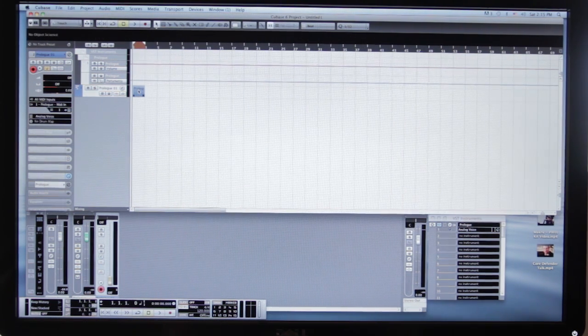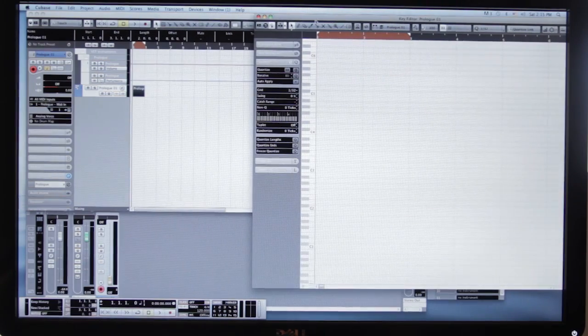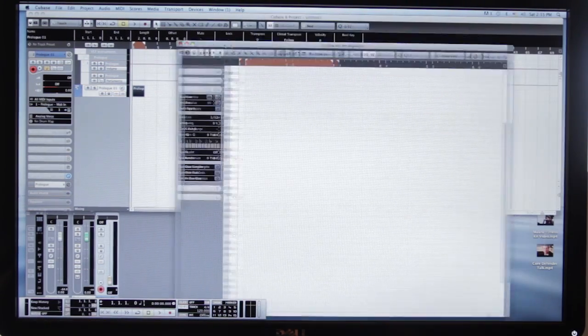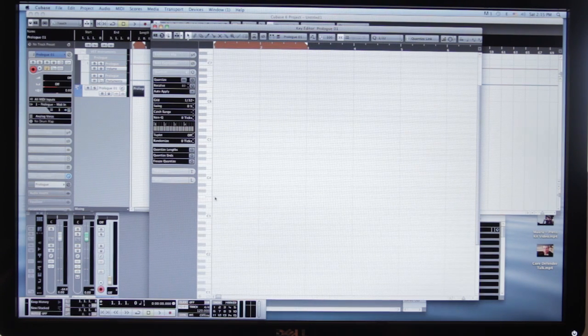You can add some tracks here. And what this essentially does is when you create one of these virtual instrument channels, these MIDI channels, you're going to open up this area right here, and you can see all the keys here. And as I click my mouse through all of them, it plays each key corresponding to each note. So this piano roll is basically where you get started in typing notes into the computer.